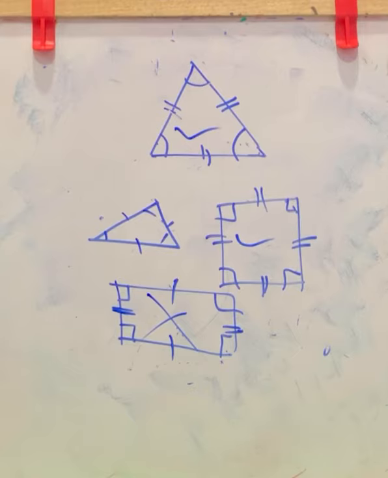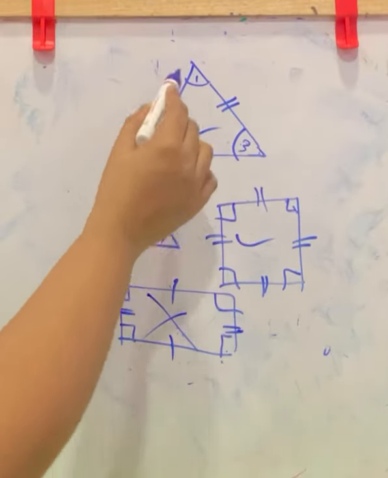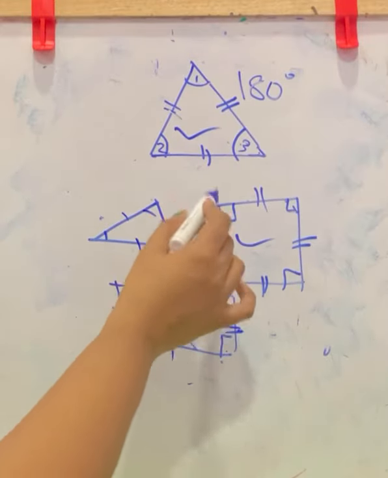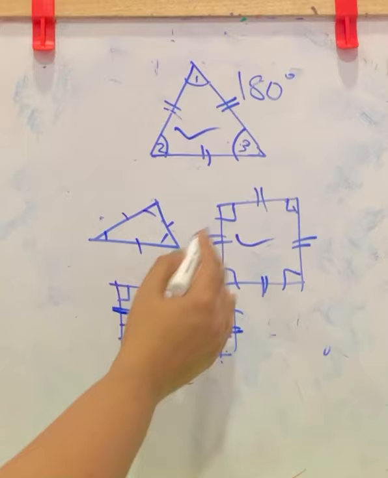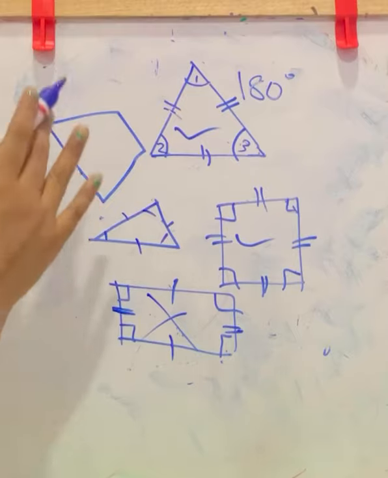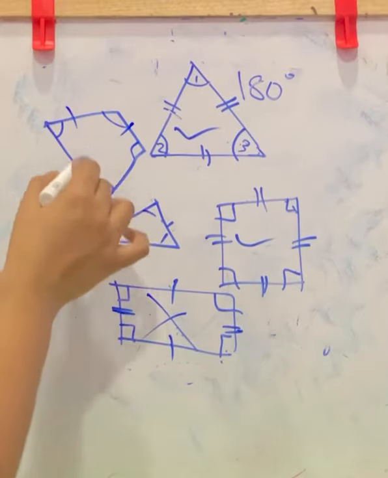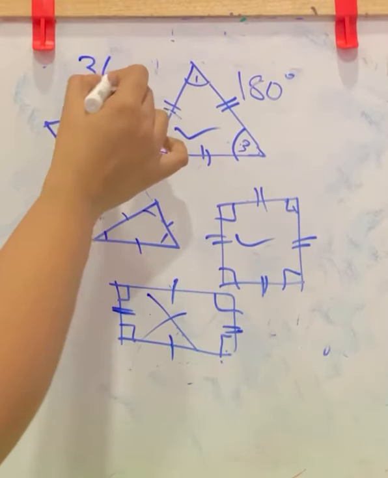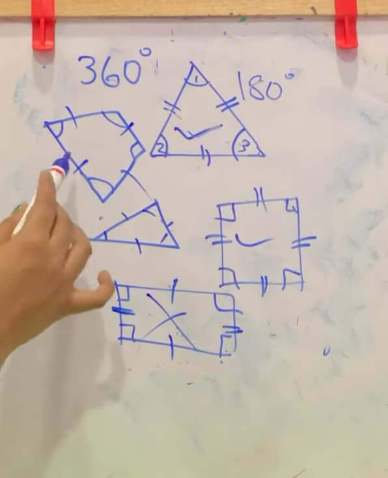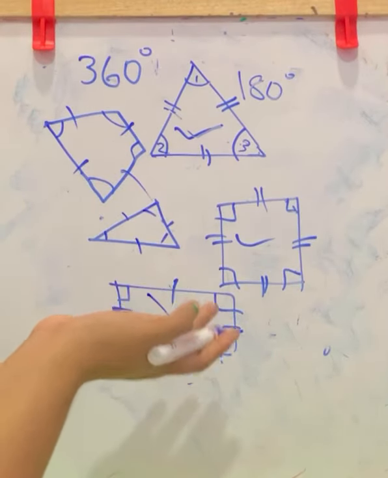Now we also learned the angle sum property. Angle sum means in a triangle we have three angles. Their sum is 180. We have already learned it. Now considering square or rectangle, these are all quadrilaterals. If the quadrilateral is like this, it is not a rectangle and also not a square. But the angle sum property of a quadrilateral, that is a four-sided polygon, is 360. We have already learned in the earlier classes. We know a triangle's angle sum is 180 and a quadrilateral's angle sum is 360. Now we will learn more about angle sum property in the coming exercise.